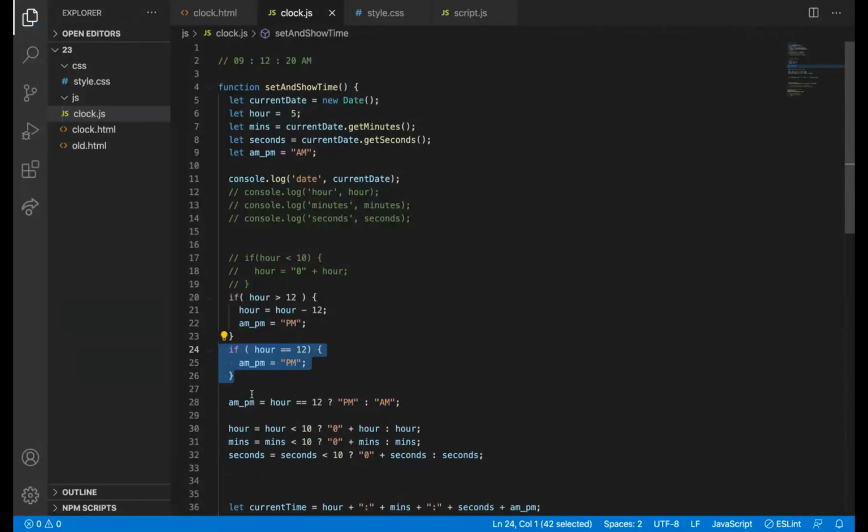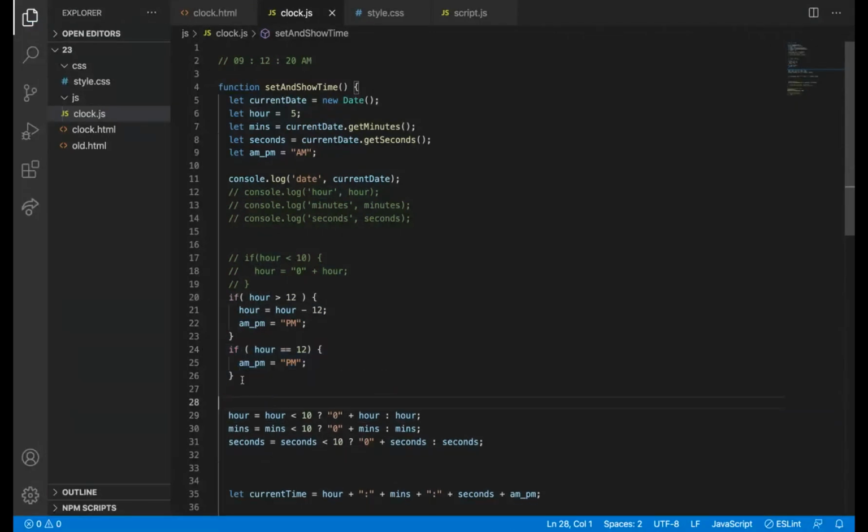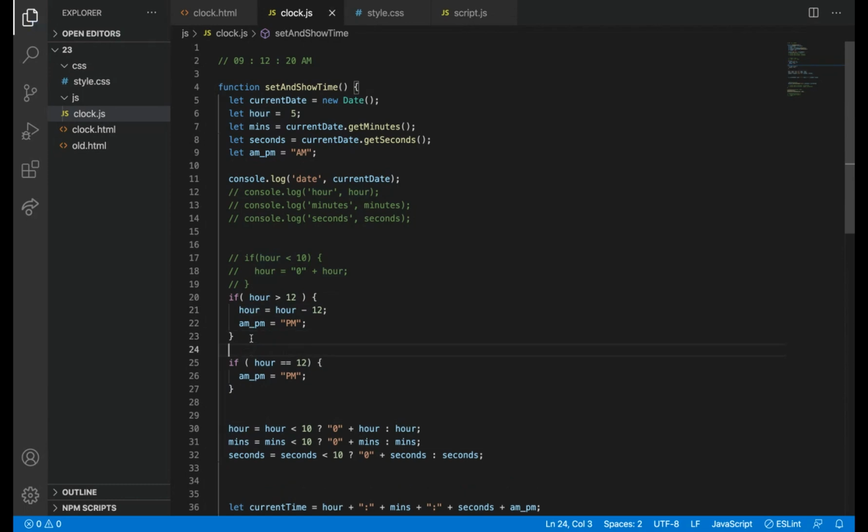But I'll keep this as it is, because this and this are related. So for the if hour is greater than, and then hour equal to, I cannot convert it into a ternary operator, because I am changing the value of AM/PM and also the hour. If you want to execute more than one line, we cannot convert it into a ternary operator, so we keep that if statement as it is.